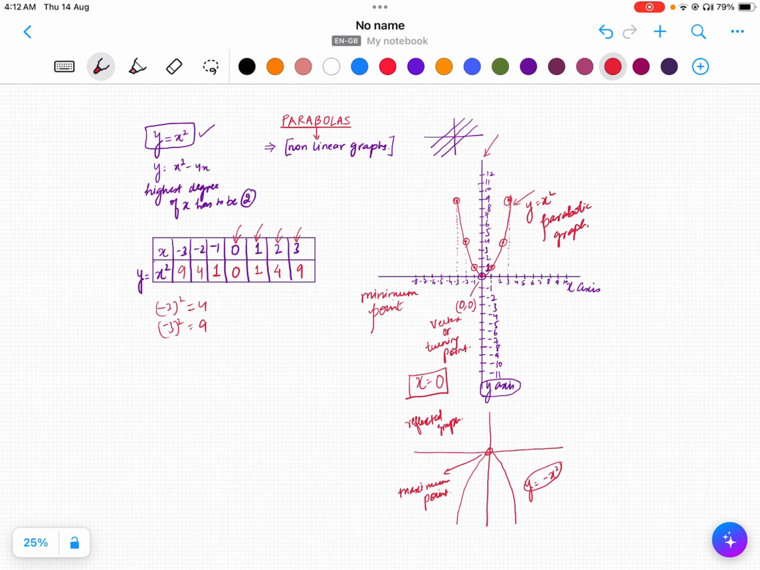Now in the next session, we are going to see the simple transformations of the graph of y is equal to x squared. So I'm going to plot y is equal to 2x squared, 3x squared, then you will see the difference. I'm also going to plot y is equal to x minus 3 whole square, x minus 4 whole square, like this. I'm also going to plot minus x squared plus 7, minus x squared plus 8, like that. So you will see a lot of